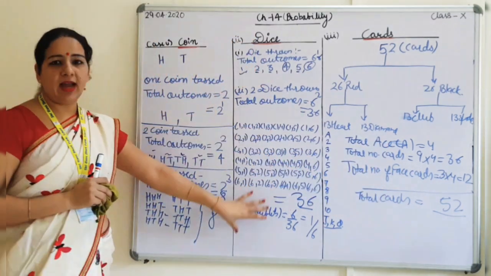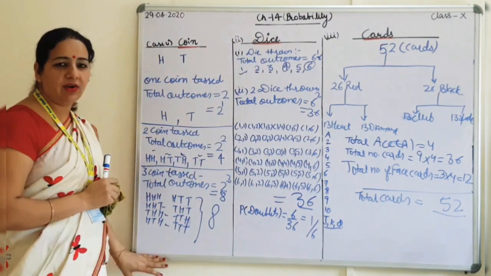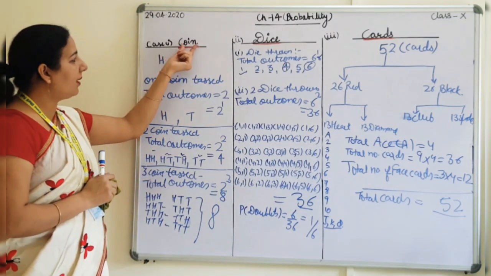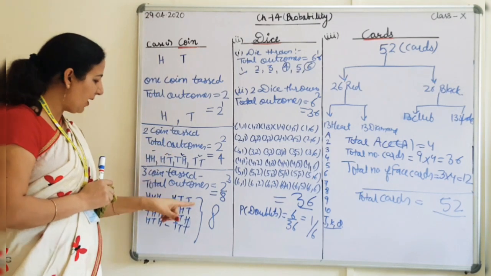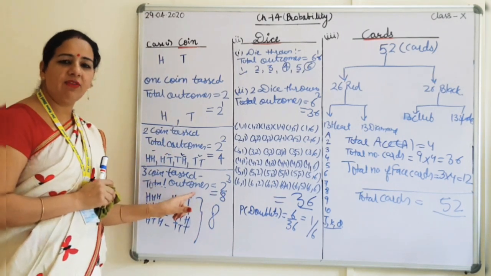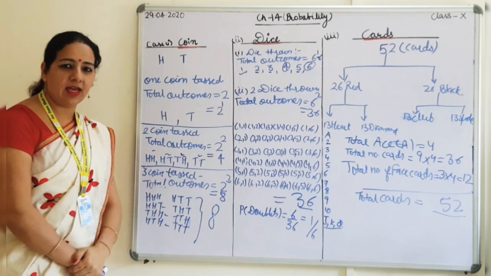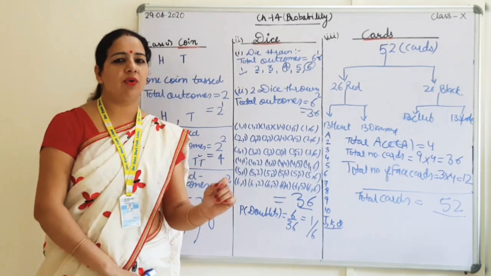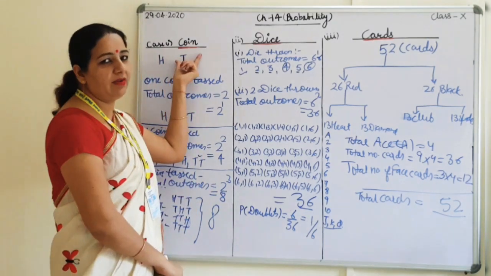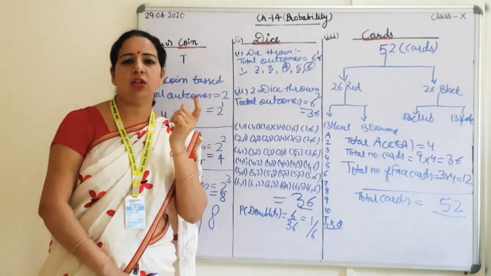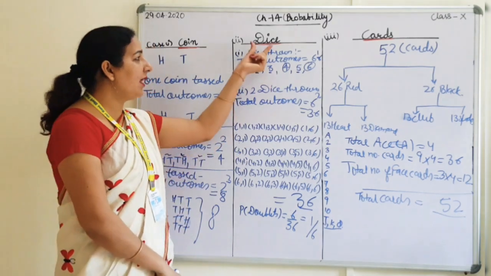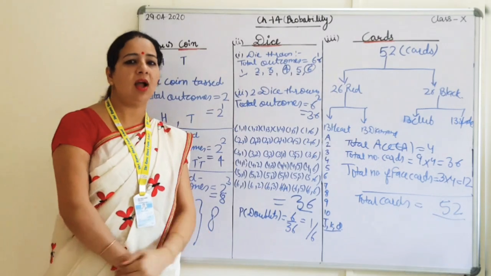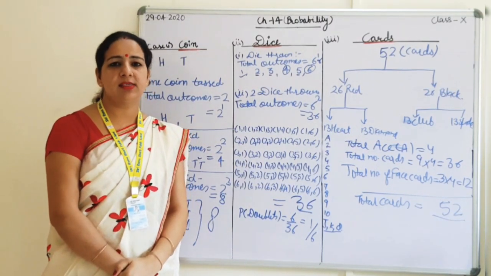This is about the dice, and the first one is about the coin. If a question comes with 3 coins, it is better to draw this, then it will be easier for you to answer. In detail we will discuss in our next classes, taking it topic by topic. If I take one coin, I will explain all the questions related to the coin. Then we will discuss the dice in detail, and lastly the cards. Clear students? Thank you.